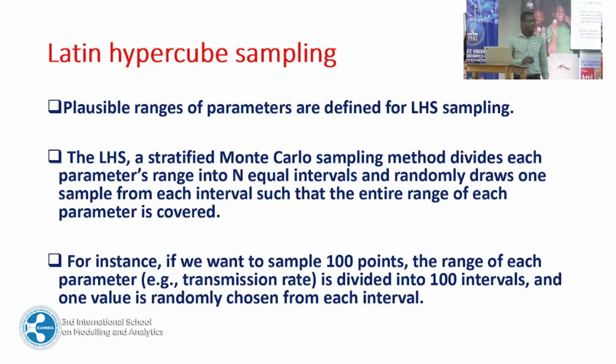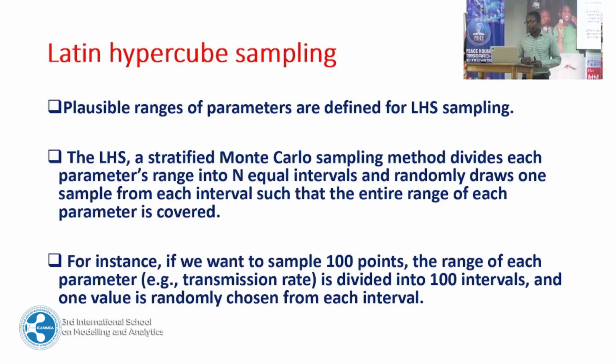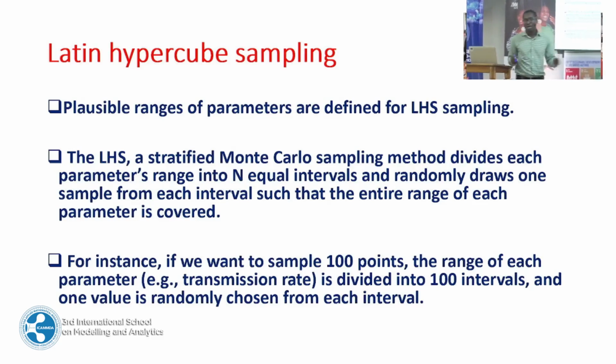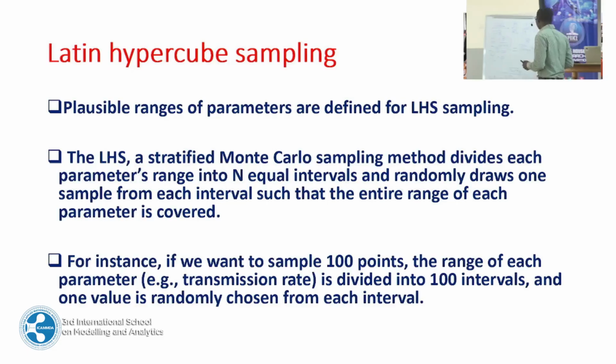So for the Latin hypercube sampling, plausible ranges of parameters are defined for LHS sampling. The LHS is a stratified Monte Carlo sampling method that divides the parameter range into n equal intervals and randomly draws one sample from each interval, such that the entire range of each parameter is covered. So what the Latin hypercube does is this: